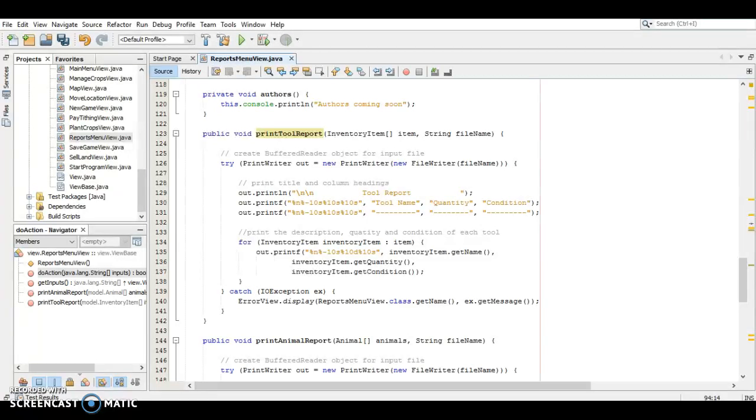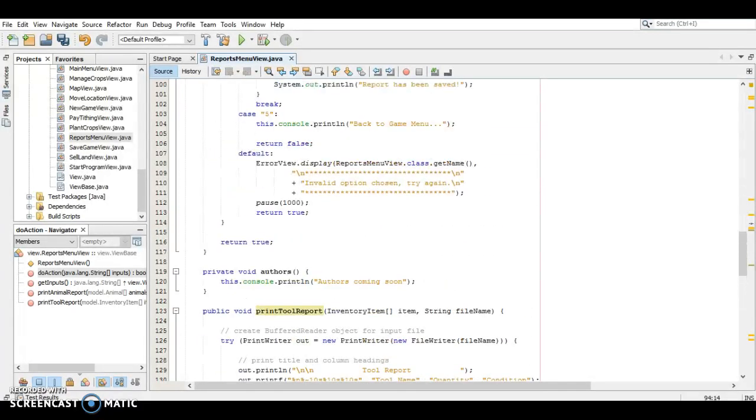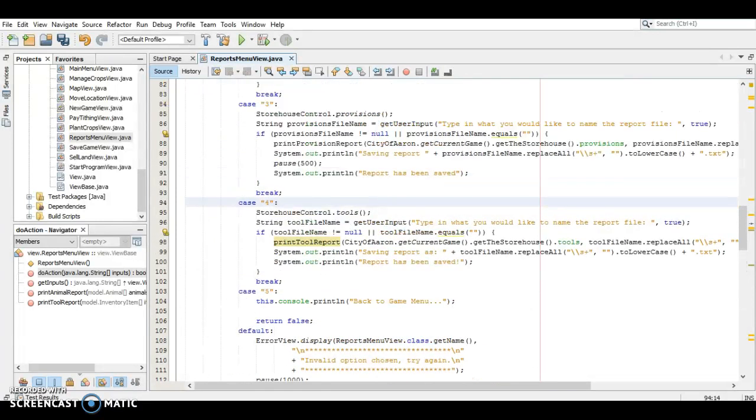Then I have a for each loop that iterates through each item and pulls out the name of the tool, the quantity of that tool, and the condition of that tool, and then we'll print it out in the format that I have set. So up here, when the user goes into the reports menu and selects option 4 to get a report of their tools,